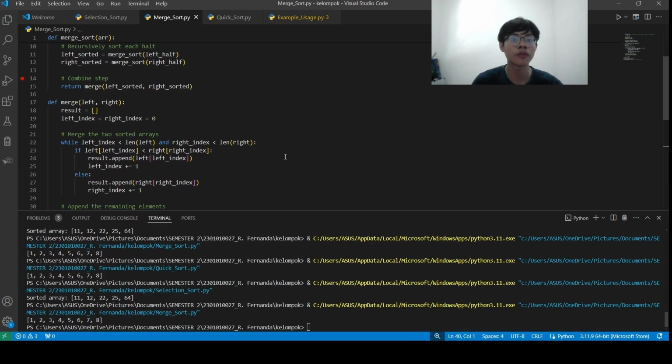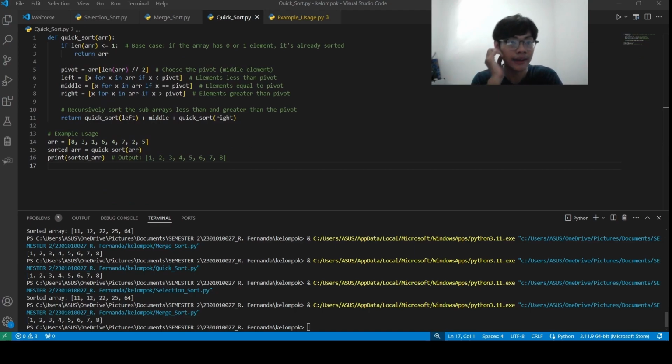And we will move on to the next sort, that is quick sort. Now you've seen how selection sort and merge sort work. There are other shorter ways, and that is quick sort. As the name says, it's quick. And first, you have to understand the quick sort analogy. Imagine you have a party and you need to organize your guests by age. Instead of comparing each guest with every other guest, which could take forever, mind you, you use a smart strategy.